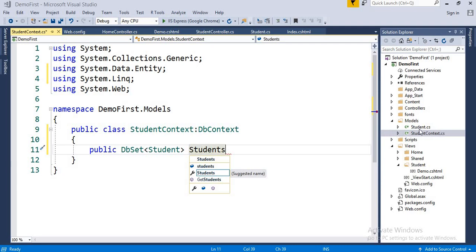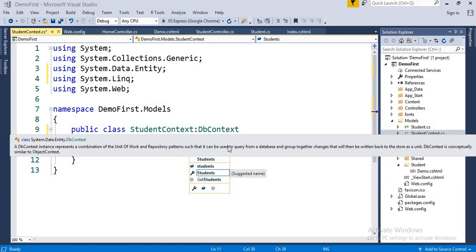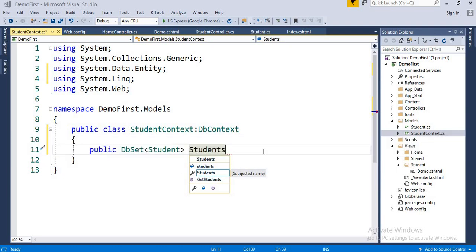If the class name is Student, we name it Students. If the class name is Course, we name it Courses. If the class name is Teacher, we name the property Teachers over here. So get; set;